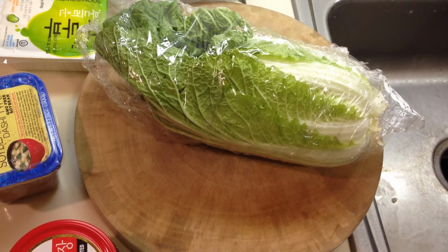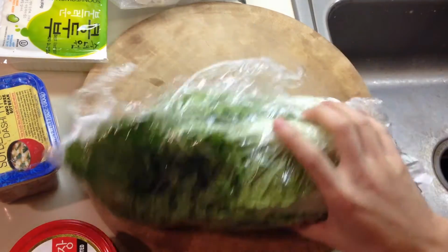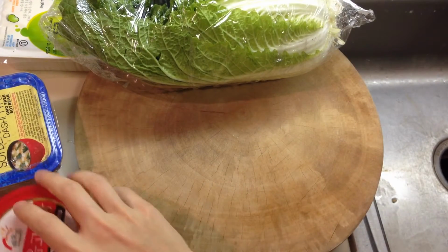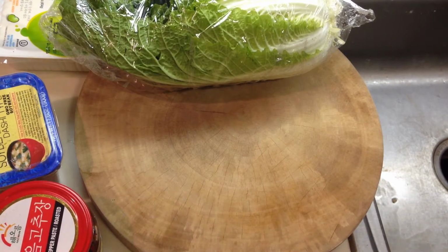So today we'll make this, I don't even know, this Korean soup thing. It's like this, if you go to a Korean restaurant and you don't...